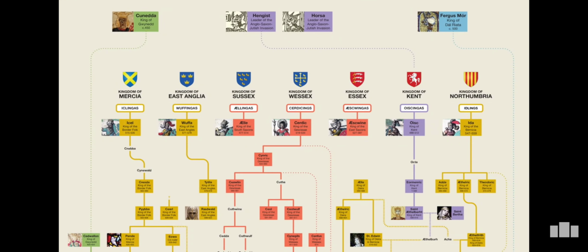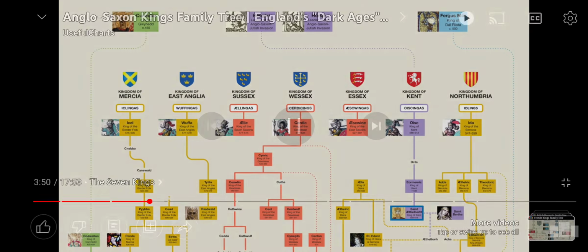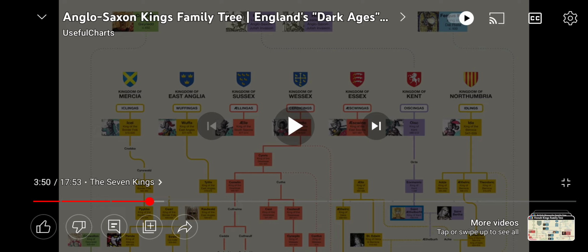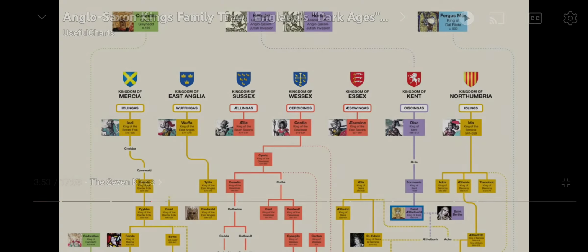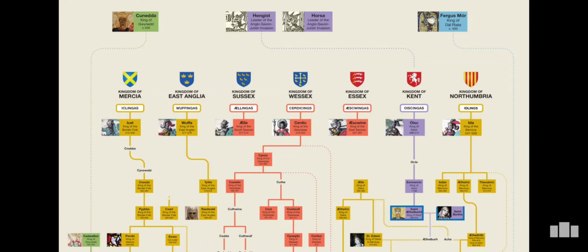So, for example, the first 4 Bretwaldas were said to have been Ella of Sussex, Ceawlin of Wessex, Athelbert of Kent, and Radwald of East Anglia. King Athelbert of Kent is notable in that he was the first Anglo-Saxon king to convert to Christianity. This was largely due to the fact that he married a Merovingian princess, the woman now known as Saint Berta.